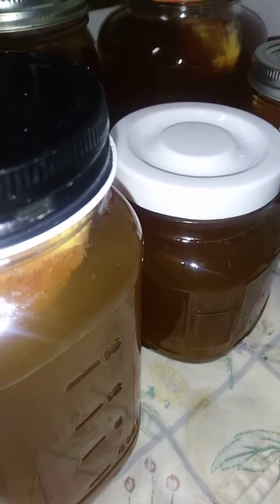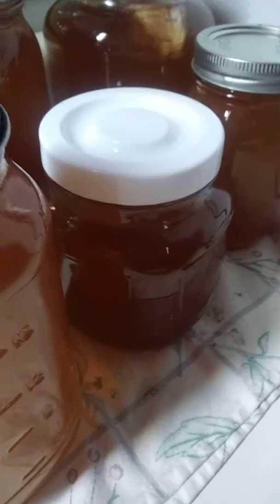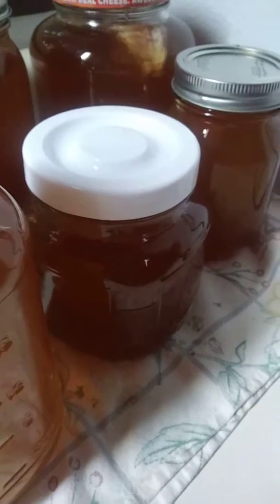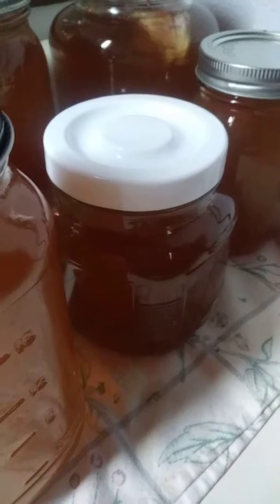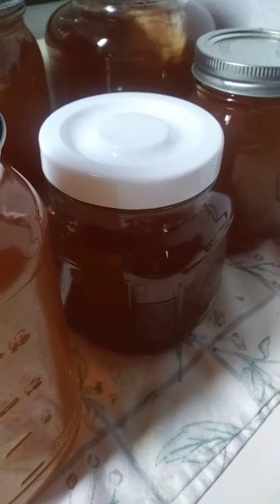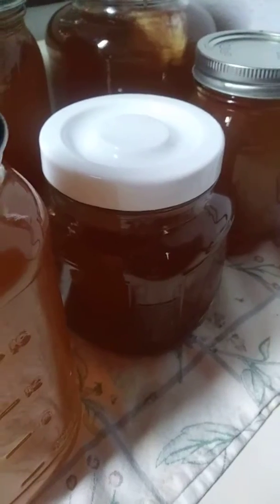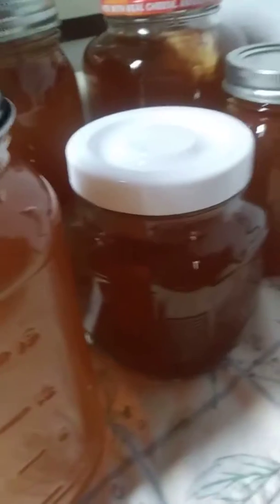Hi kombucha makers, it's Kamala, and what I want to show you is last night when I got home I tasted my kombucha and it was to the level of tartness that I like, hardly any hint of sweet left, and this was a Moroccan mint that I did, and I do unusual combinations,